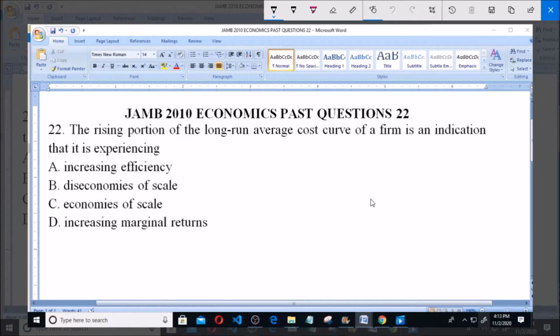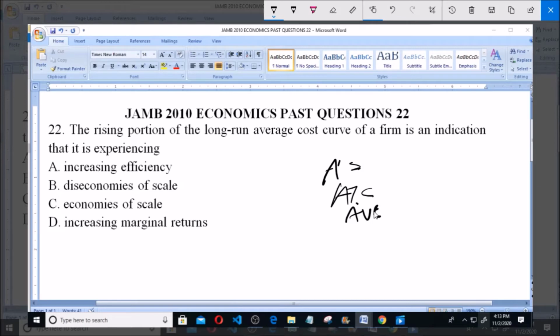Now, if you look at the average cost, AC is defined as a cost per unit of output, or the total cost of production of a commodity incurred by an enterprise divided by the number of units of output. It is also called average total costs, ATC. The ATC is divided into